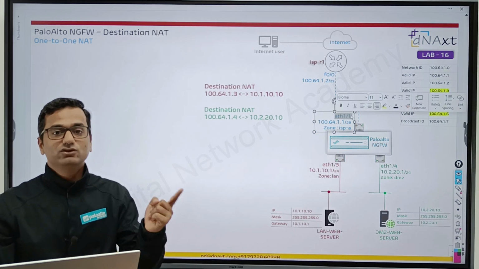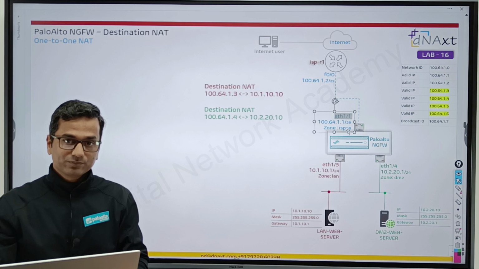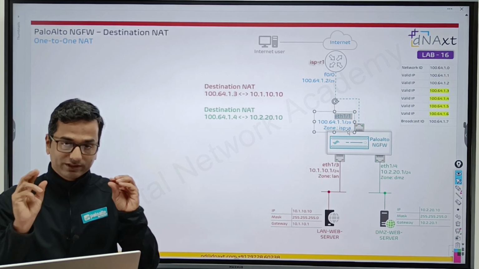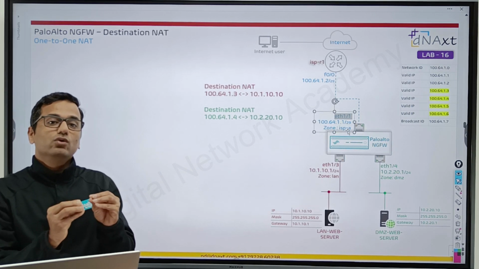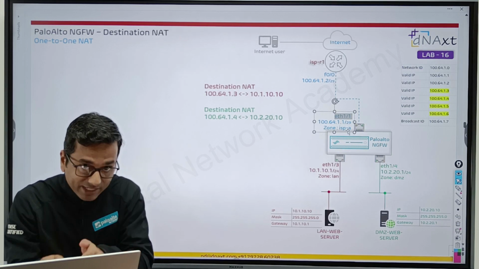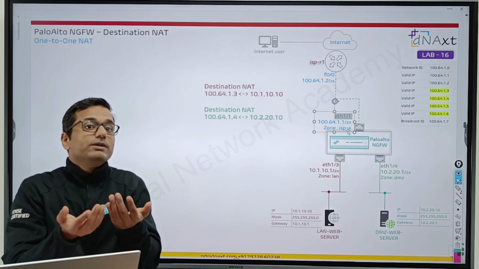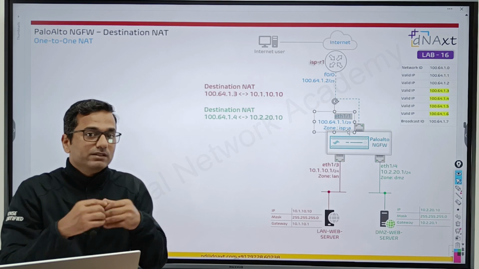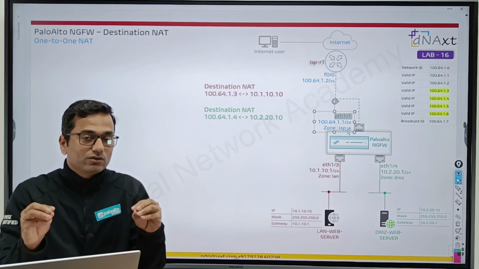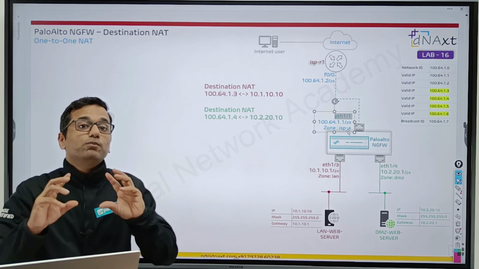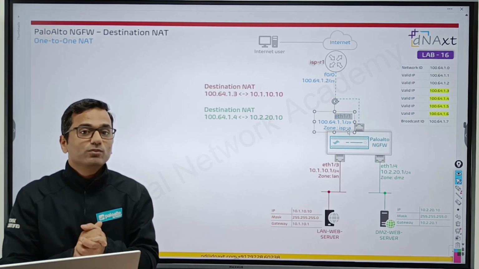That is the reason our destination zone is also ISPA. So in the NAT policy, your source zone is always ISPA, and the destination zone is also ISPA, but in the security policy, pre-NAT IP means public IP address you have to allow as the destination, and destination zone is the post-NAT zone. Clear? Thank you so much. Bye bye.